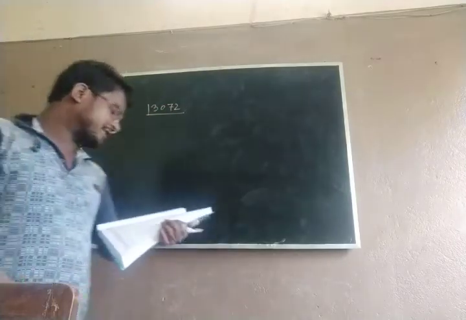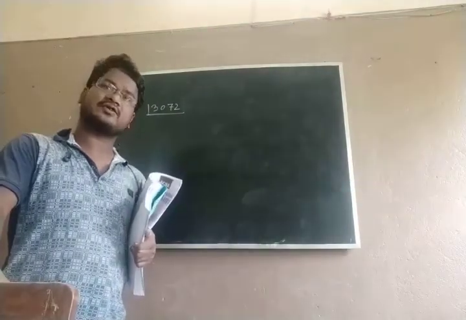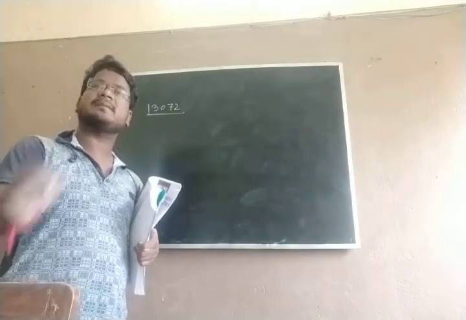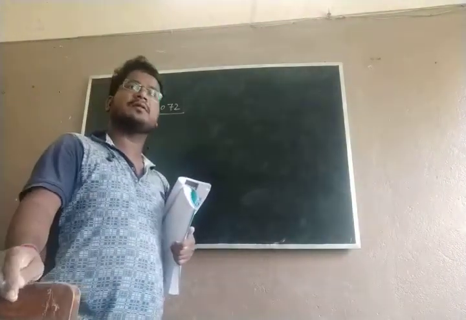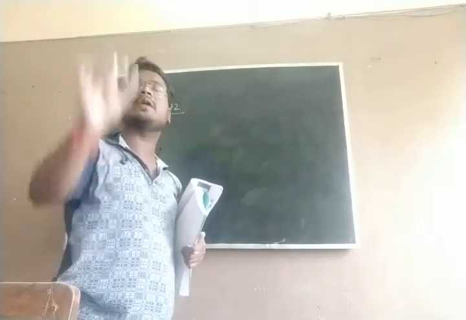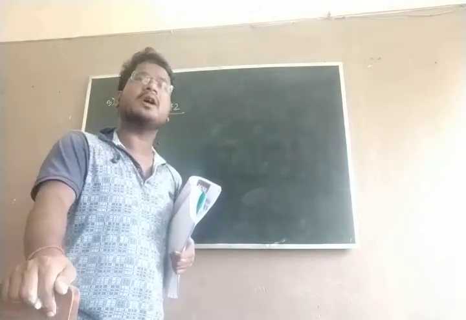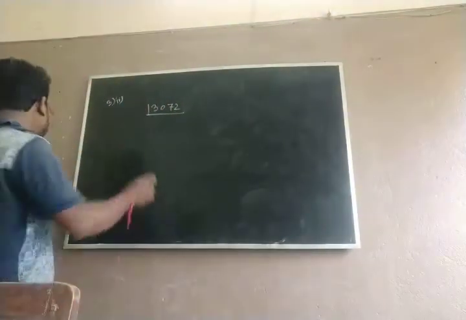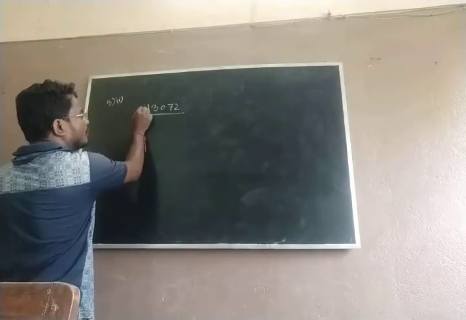Now you have to multiply by which smallest number? Like in the square root, you multiply some number. If one number is here, you have to make the triplet. Suppose 3 is given two times, 3 into 3 given. So you need to multiply by another 3 also. Then it will be a perfect cube. Otherwise it is not. Same as also. At first you have to do the prime factorization of it.